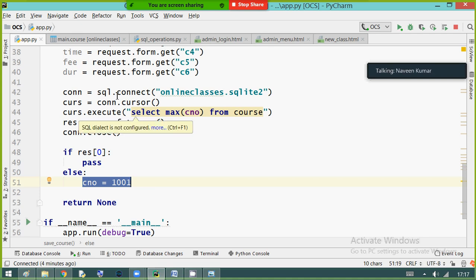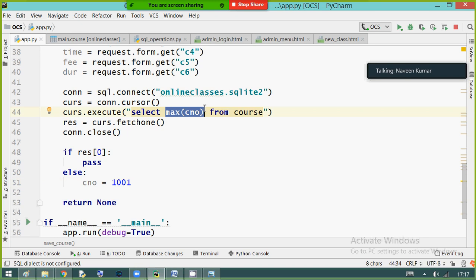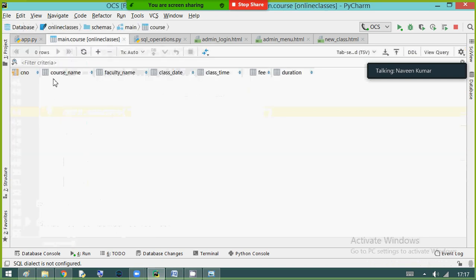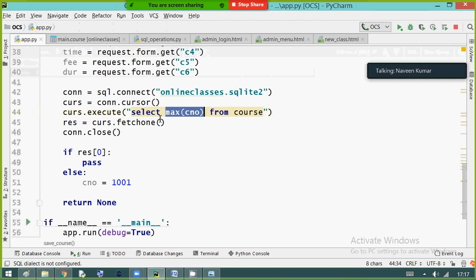So I am going to the database, collecting my maximum course number. As of now, no record is available. If no record is available, it returns None. None means false. False means the controller will come to the else and your course number becomes 1001.